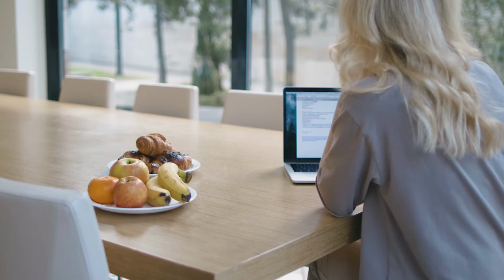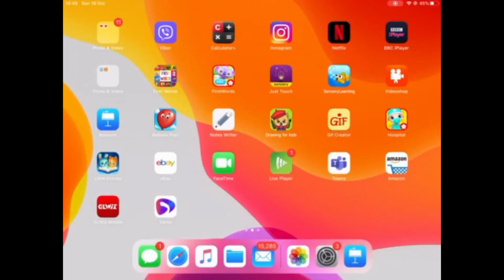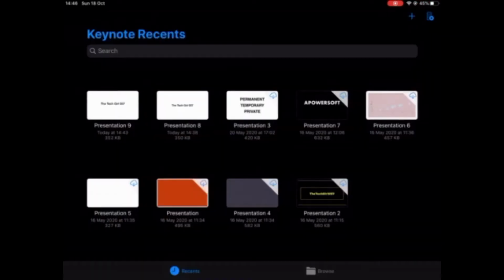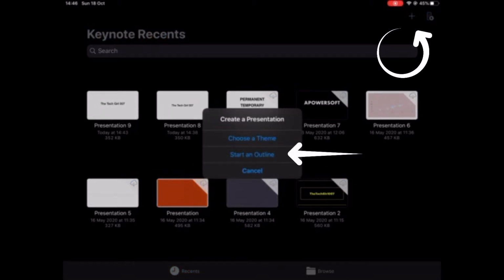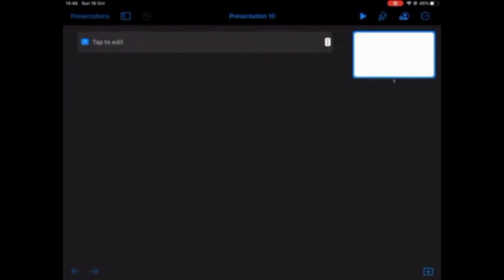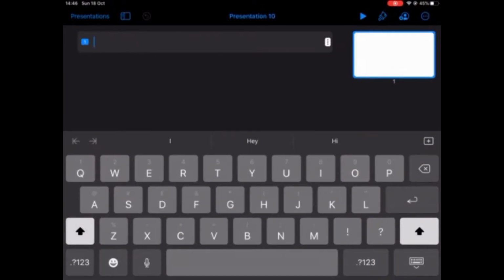And let's get started. Right, so the program that I'm using is called Keynote. You can find this on your iPhone or iPad, whichever you like. You press on that and then you want to press on plus. Then you want to say start an outline. So in here I'm just going to write the text